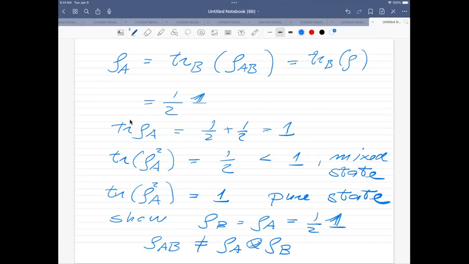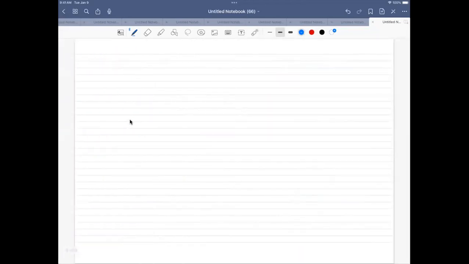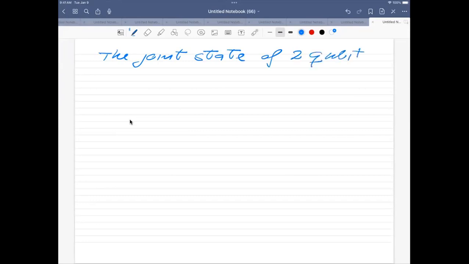So the algebra which we did was simply a write-out of the tracing out of that specific subsystem. And that gives us the density matrix of a subsystem based on the density matrix for the total system. So let's now summarize this. The joint state of two qubits, which we looked at in terms of this Bell state, but it could have been the eigenstate of that system which we have been looking at,